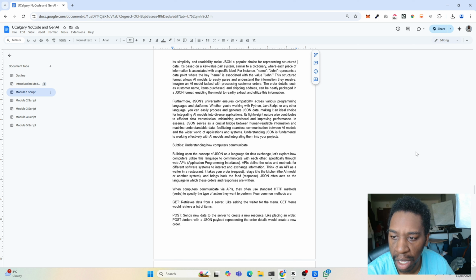Imagine an AI model tasked with processing customer orders. The order details, such as customer name, items purchased, and shipping address, can be neatly packaged in a JSON format, enabling the model to readily extract and utilize this information. Furthermore, JSON's universality ensures compatibility across various programming languages and platforms, whether you're working with Python, JavaScript, or any other